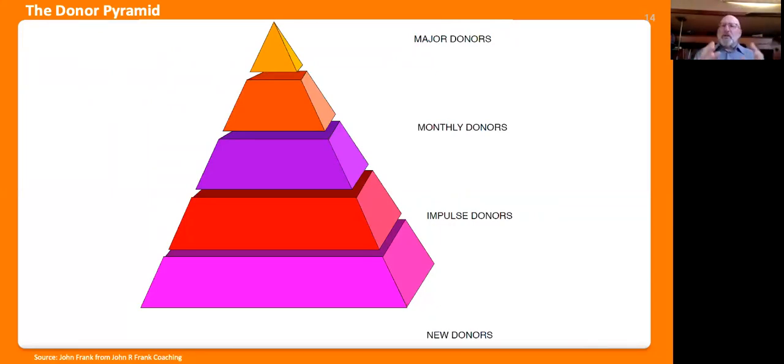Your monthly donors are now in your next group. These are the people that, again, they're budget conscious. Well, let me back up a minute. I think I'll do a little more explanation in this slide. Major donors, I generally define as giving $1,000 or more per calendar year. I say calendar year, not fiscal year, because donors think in calendar year. Major donors historically give mostly at the end of the year. They make pledges during the year, and then they give in November, December. So they would remember last year what they gave you.